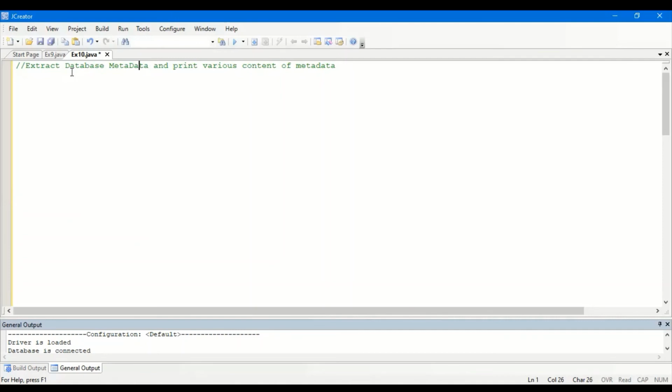So how do we get the database metadata? We are going to use a class called DatabaseMetaData, get the metadata, and from that result set we are going to extract the details. Okay, so this is the idea.